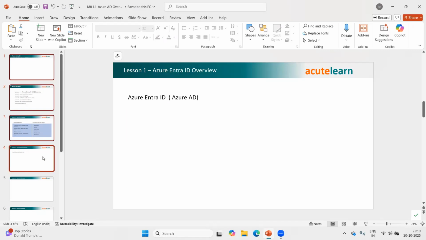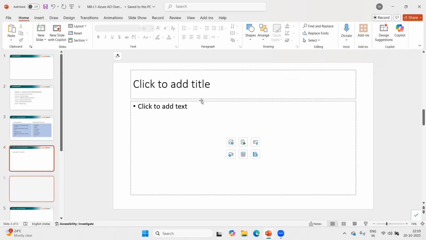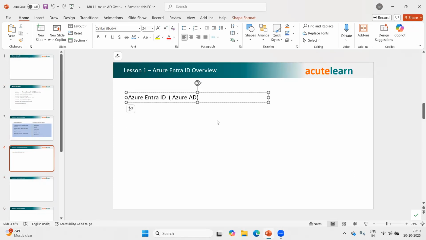So in order to provide these services and differentiate, Microsoft came up with something called Entra ID, which is also called Azure AD. We might know Active Directory in the on-premises environment, which provides centralized user management, group management, device management, authentication, and many other things. Now in the cloud, Microsoft came up with Entra ID. This also provides user management. It allows us to create users